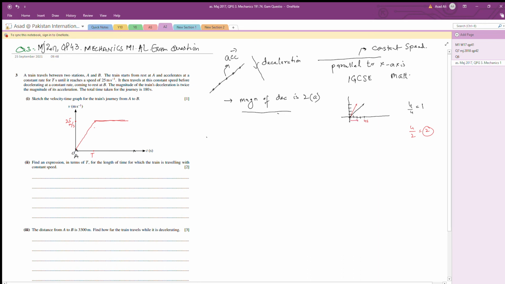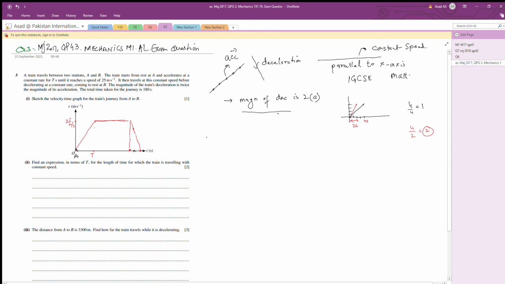These are 2 seconds. So if this is t seconds, that is 4 seconds and 2 seconds. So this will be from here till here, I say this is B. So from here I'm drawing a line here. Now a steeper line,